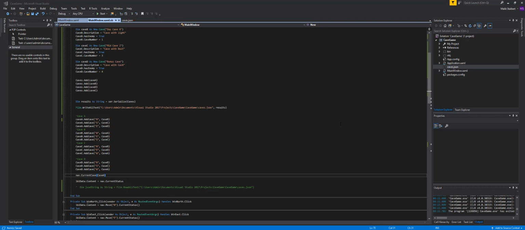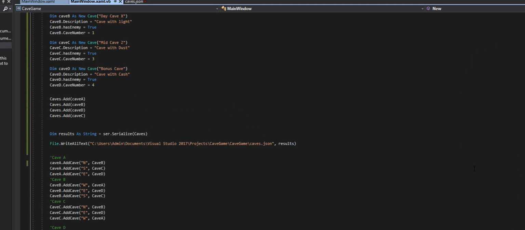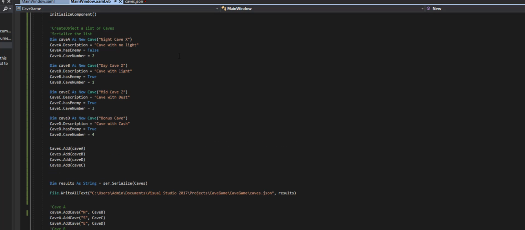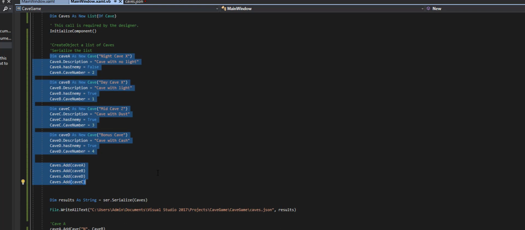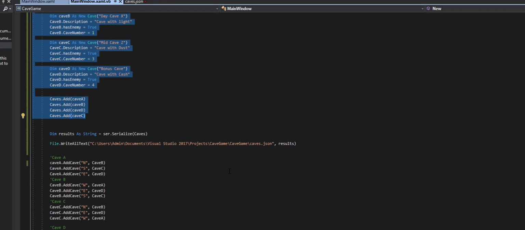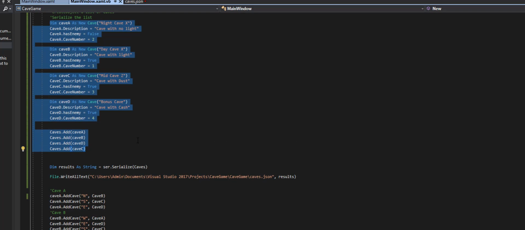So we're continuing on from the last video, and in this video we're going to be looking at what we achieved first in the last video. We were able to create these caves, and we were going to add these caves to the JSON file, which we actually already did. So from the previous video we were able to go ahead and serialize this out, and let's look at the results of that. So if I hit play,